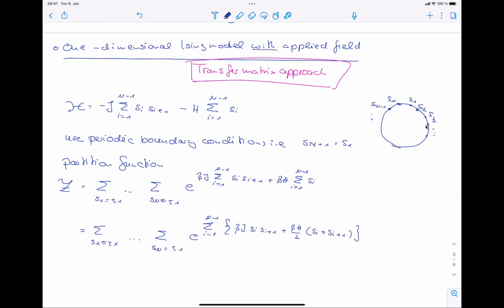So what I do is, I'm summing over Si, Si plus 1 here, and here I sum over Si, say S5, I sum twice, right? Once when I sum over i equal 5, but also when I sum over i equal 4, right? Because then this term is S5. And so I compensate for that by having this 2 here. So I didn't change anything, but I symmetrized